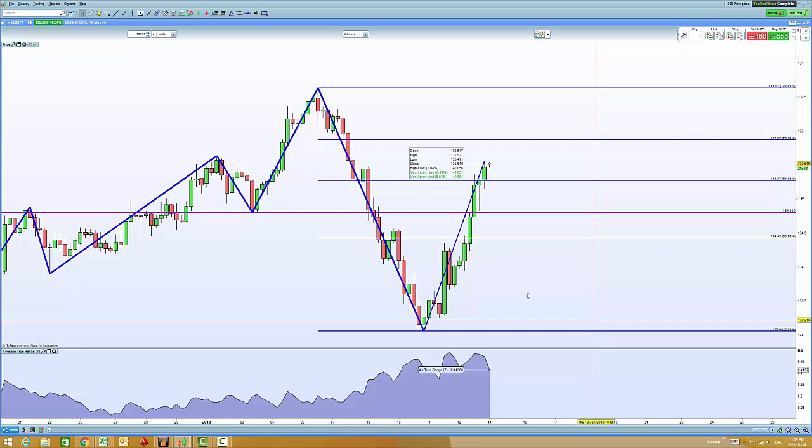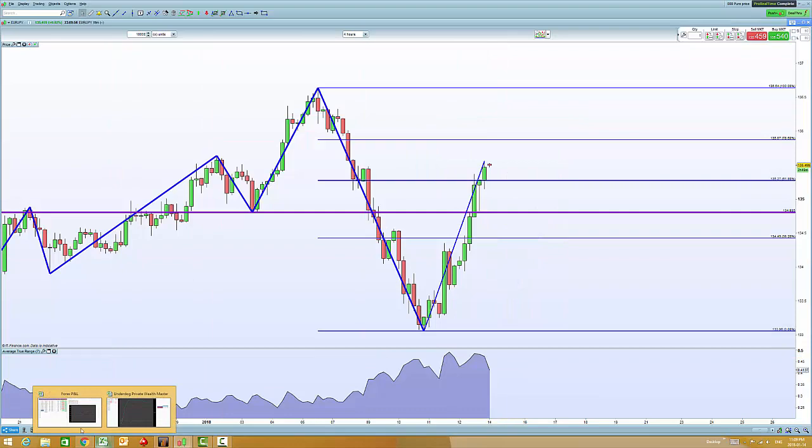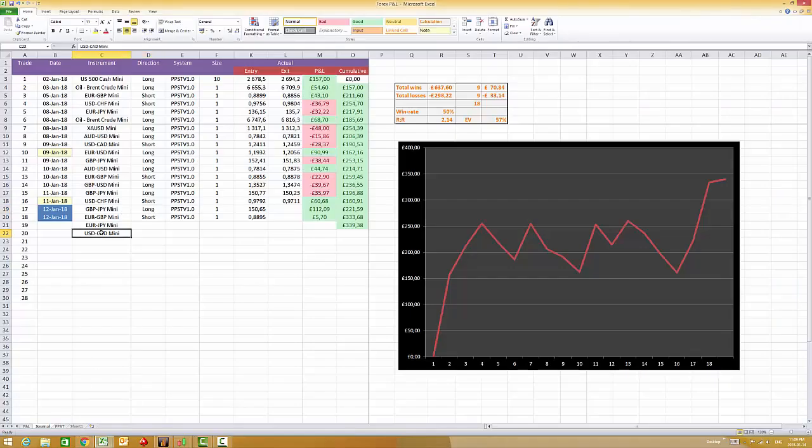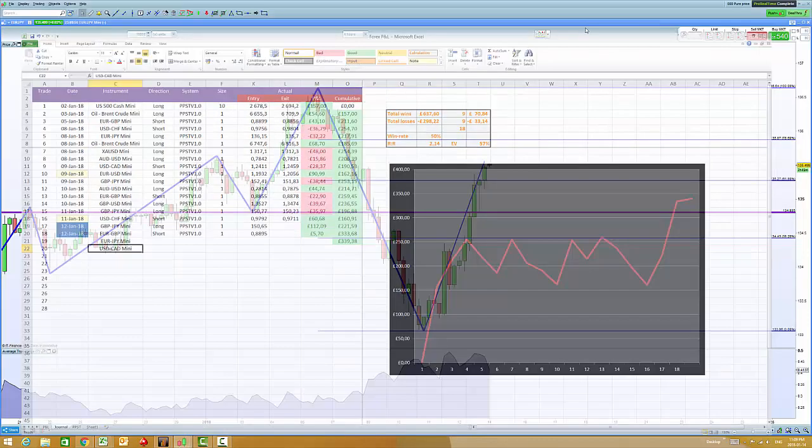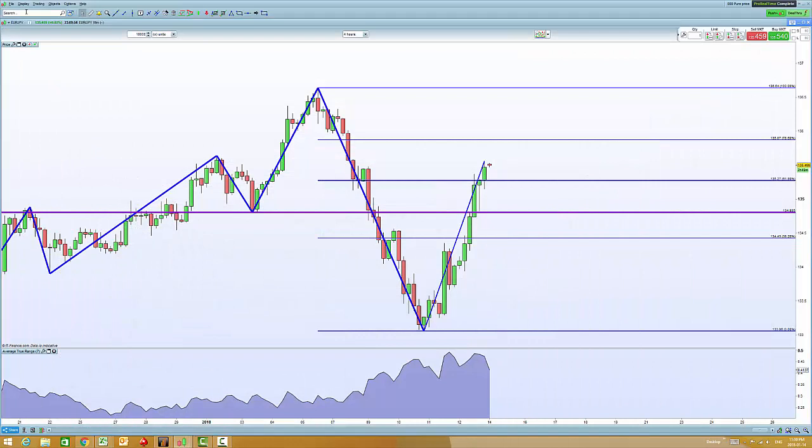And that's simply because there's an increased probability that we'll see another break of structure to the upside playing out if the market does push into this zone over here. So that's one opportunity on the radar you guys might want to flag. Another one is on the USD CAD. That's the USD Canadian dollar. So let's pull that chart up.